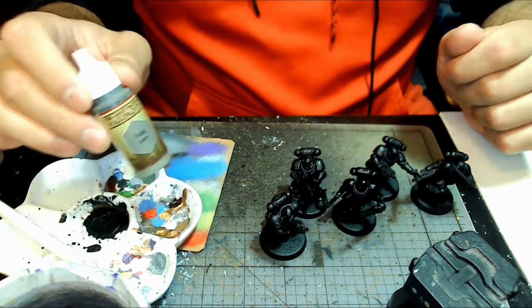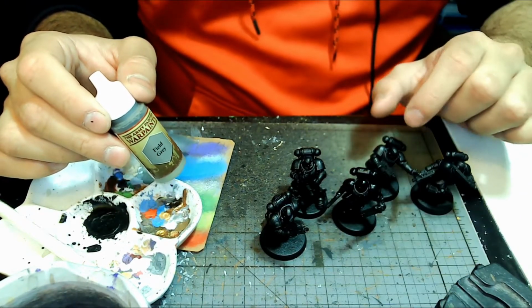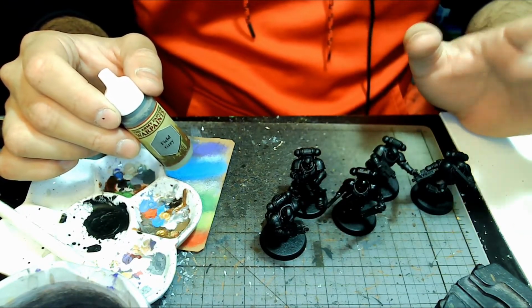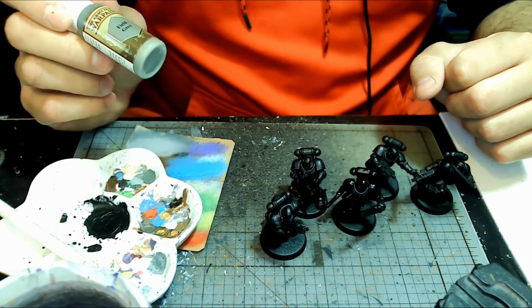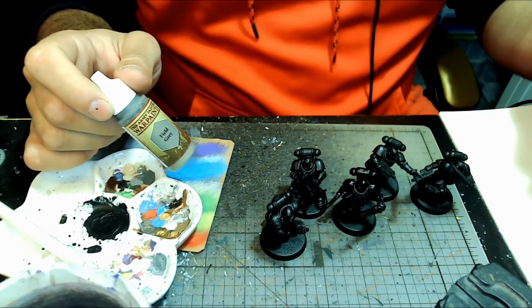I'm going to go ahead and dry brush a layer of field gray. What that's going to do is pick out all the edges all over the place, and make them stand out, make them look a little bit rougher. And then I'm also going to go ahead and...